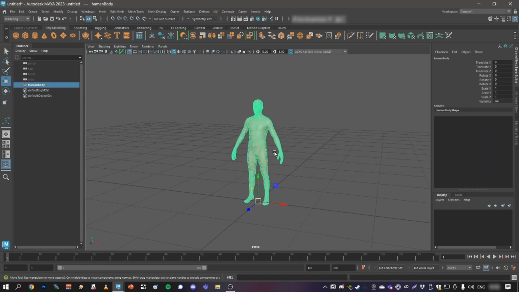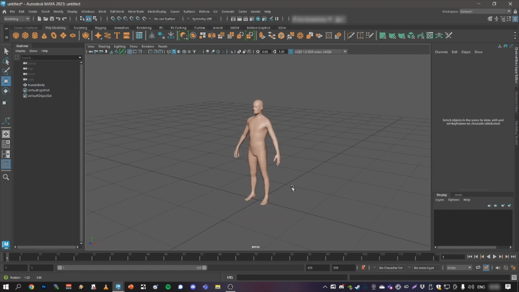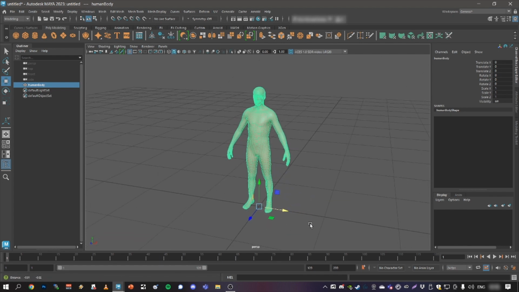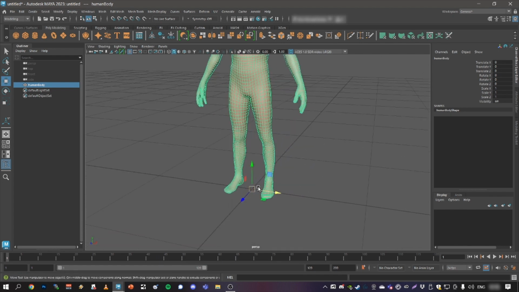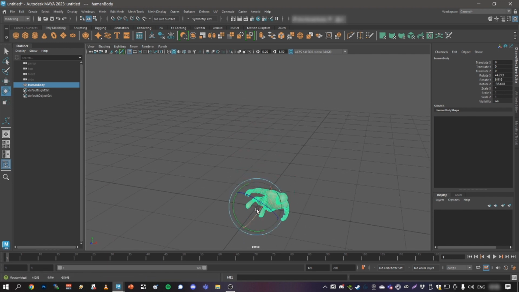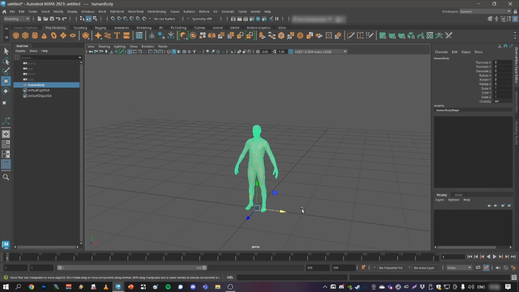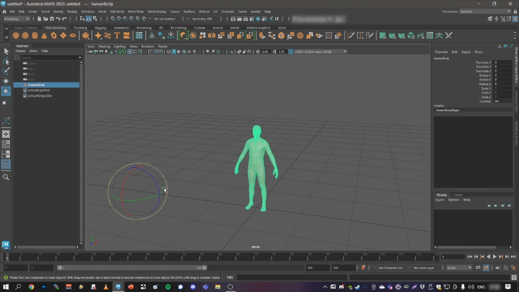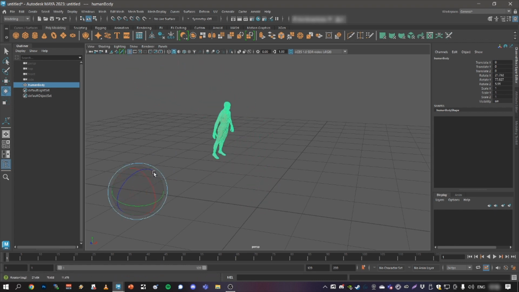All right, so W for moving, E for rotation, R for scaling things. One other thing that you need to realize in 3D is that everything revolves around the so-called pivot, or pivot point. In this case, this over here. So if you want to rotate, it will rotate around that point in space, the pivot. Sometimes you have a pivot somewhere else, and then you would rotate the thing around that pivot, which hopefully makes